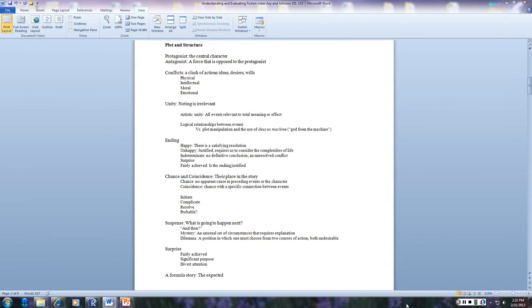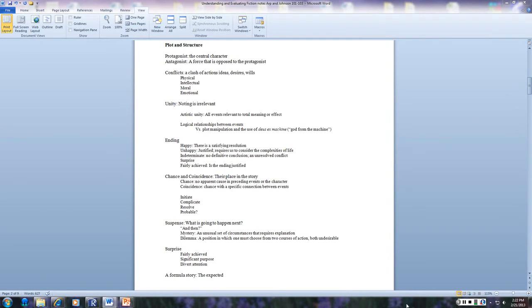In fiction, we refer to the term deus ex machina, which is Latin for God from the machine, because sometimes the character is rescued by something unexpected, a God from the sky. So we want to know if the story is unified, if there is a logical relationship, and if it all makes sense, and we don't have to have something come from the outside to make it all work.